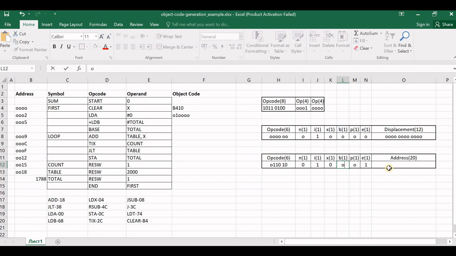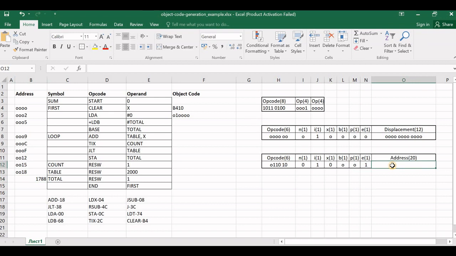And what happens to the 20-bit address? What is the operand present here? In the previous instruction, the operand was a constant value, which you wrote represented as 12 bits. But here the operand is a symbol. Now what is the address where this total is declared? Total is declared at address 1788. But 1788 is just 16 bits, so represent it in 20 bits. That is, mask the higher bits to 0.